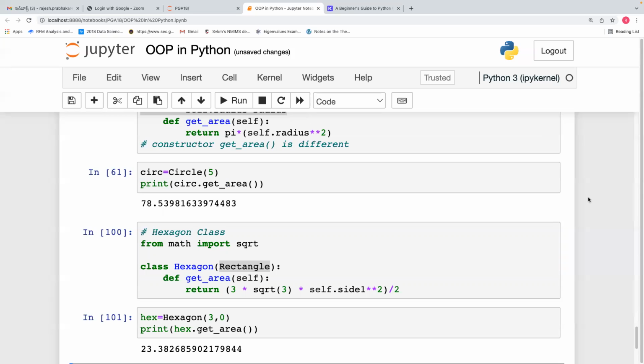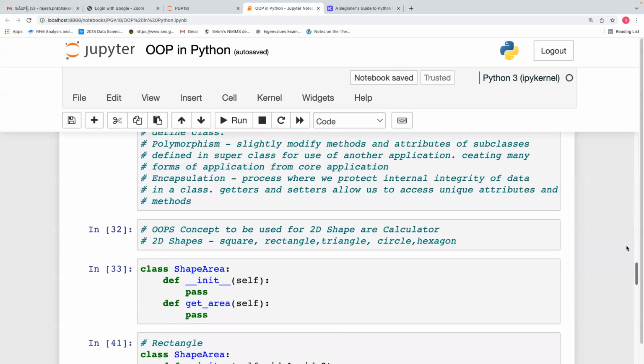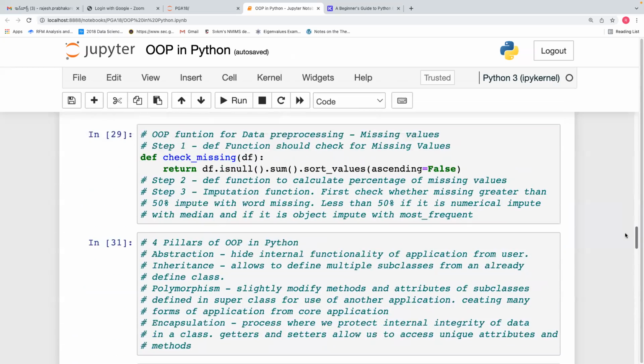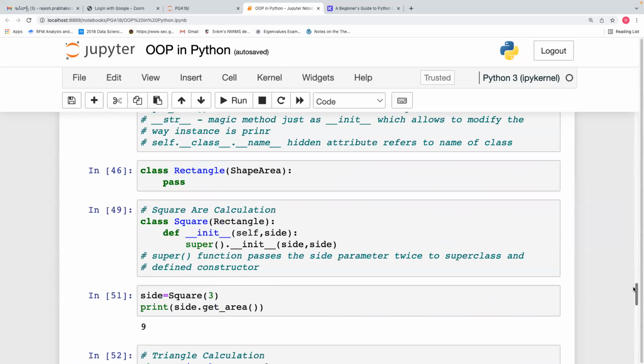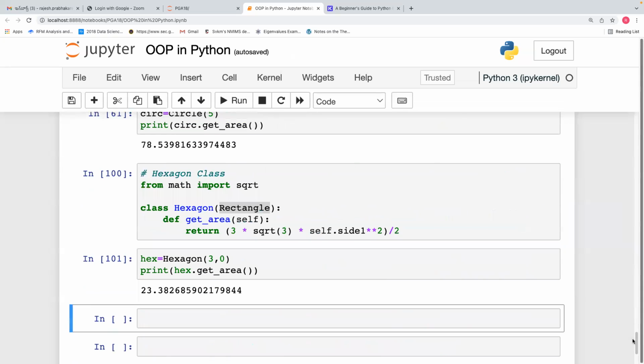So OOPs, in Python: we have created a super class shape area, and then we are using the same function again and again within the different object functions, and we are with a calculator. You can copy this whole code into calculator.py and click on run. All the class codes, you can copy it into .py, and then you can